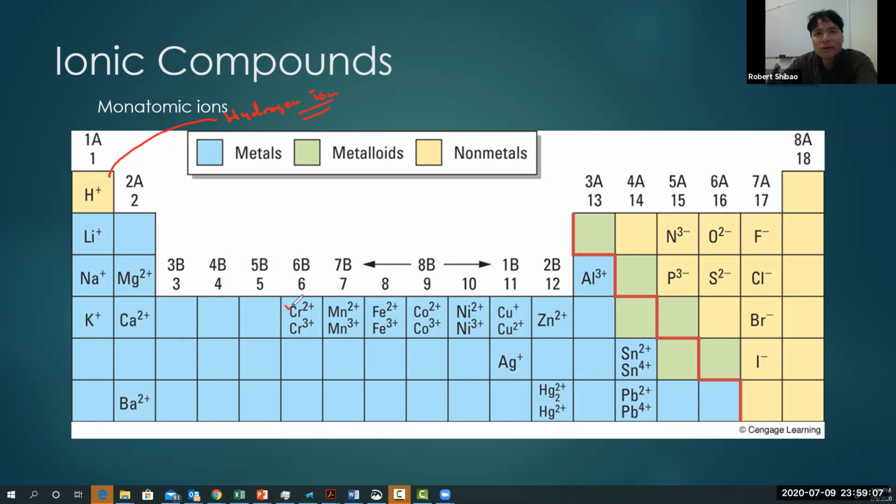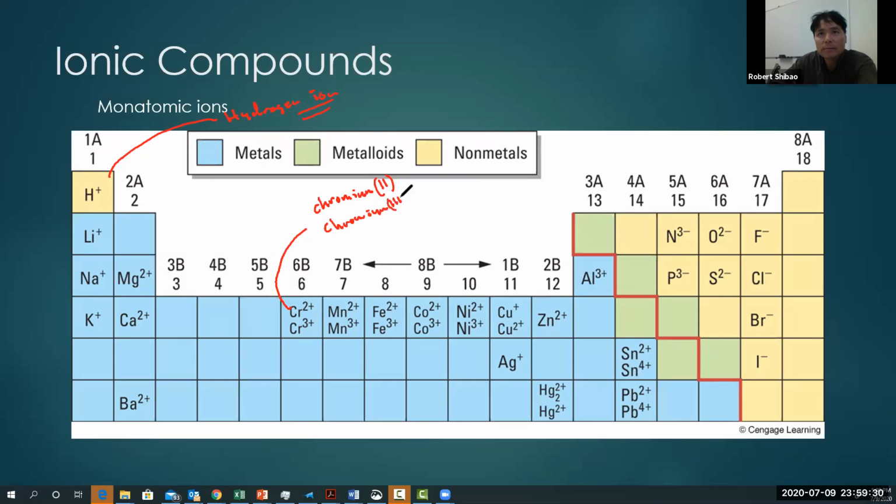But now we have a problem here. We can't call both of these chromium ion because one is 2, the other's 3. So we have to have a different name for both of those. So one of them we call chromium Roman numeral 2 with no space. This is the chromium 2 ion. The other one we call chromium